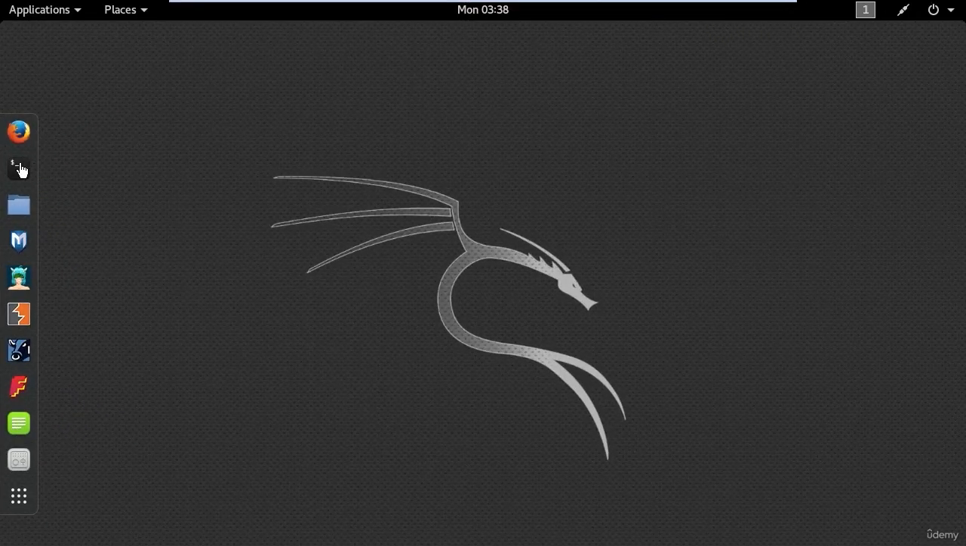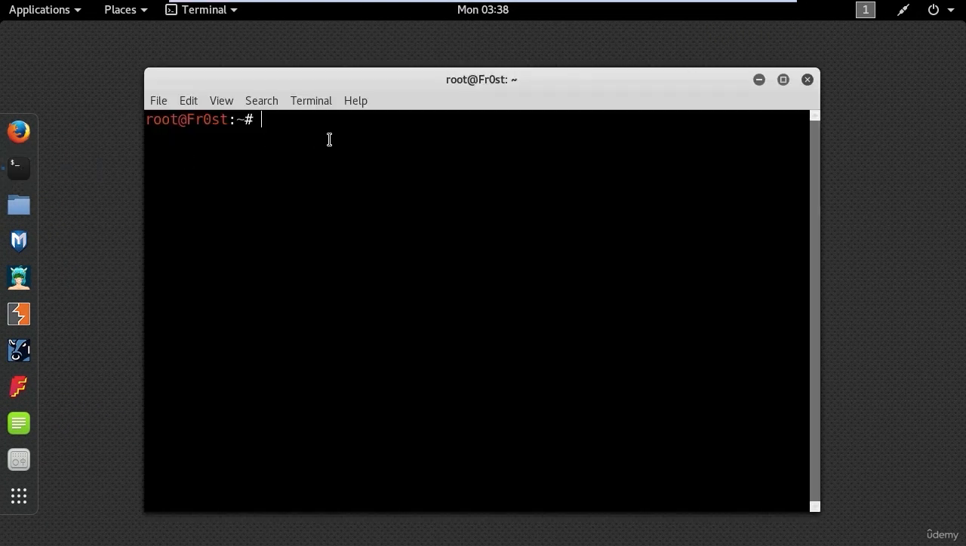Open a terminal by clicking on the terminal icon. It's important to keep in mind that unlike Windows, Linux is case sensitive. This means that LS is different from ls. Use pwd to print the working directory. The directory you are in is root in this case, so use the cd command to move to a different location